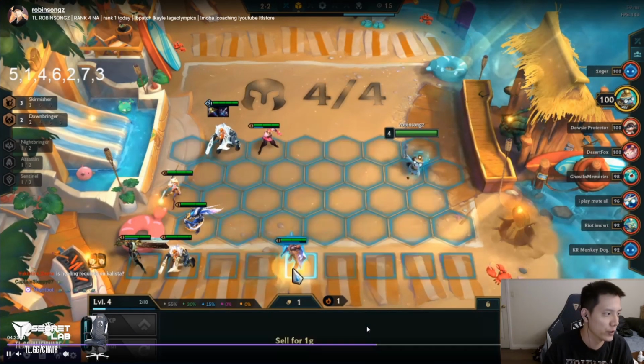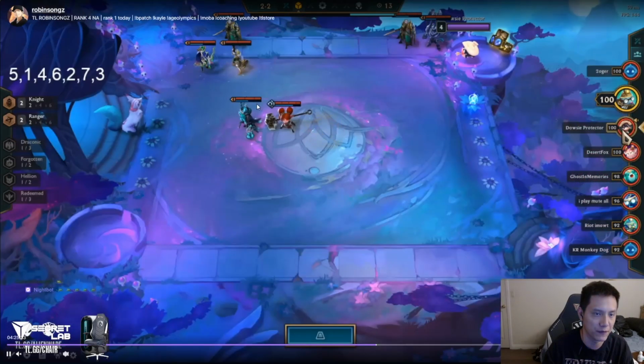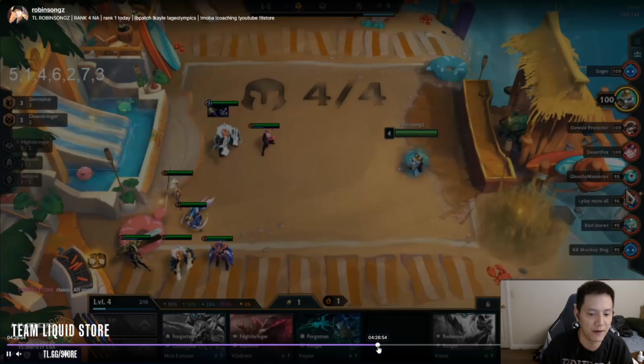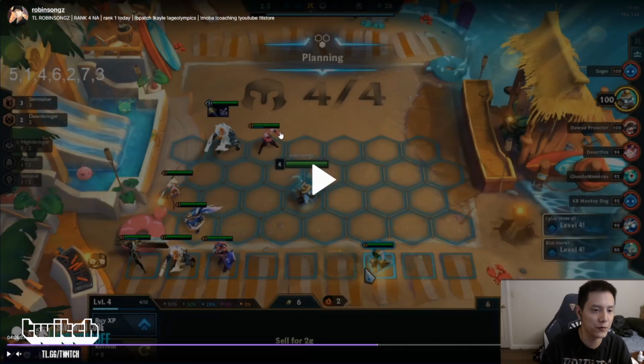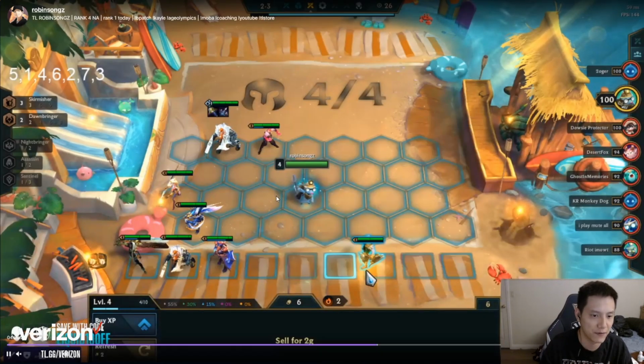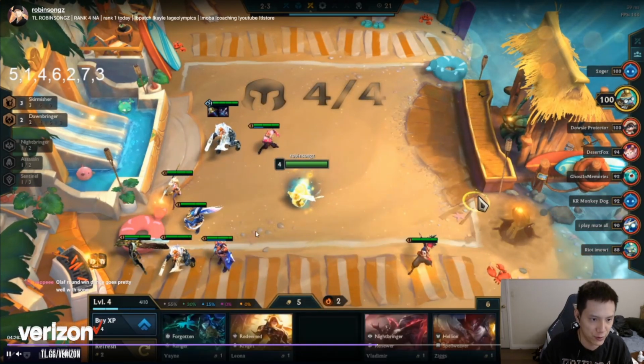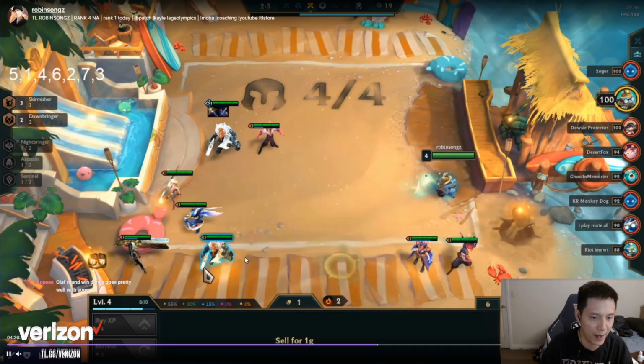At 2-2, if you're really, really rich, if you won the first one, you can level up to 5 here. But I'm not rich at all, so I can't level up to 5. Next up, we have 2-3. At 2-3, in my guide, I said that if you have 8 extra gold, and if you're contesting win streak, you can actually level to 5 here if you have a good unit to play. But I do have a good unit to play, which is Yasuo,